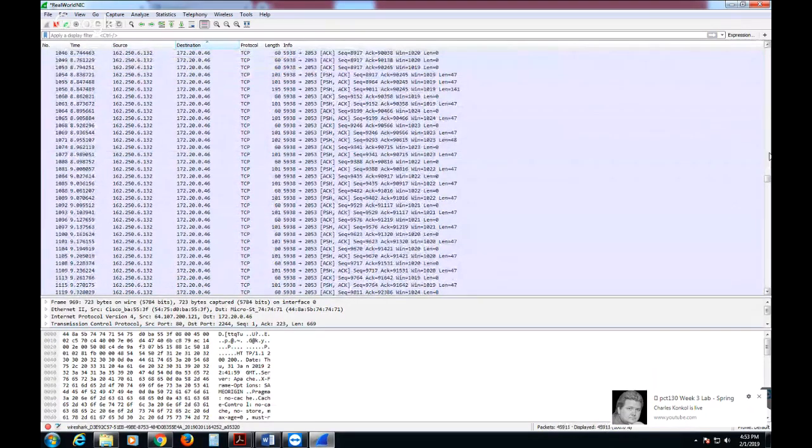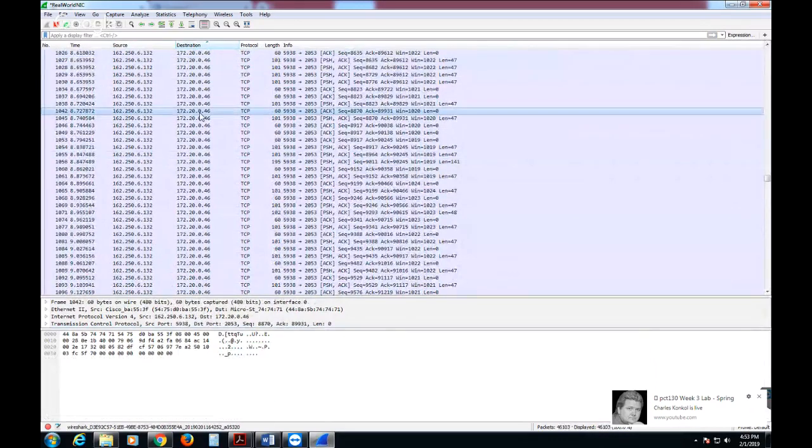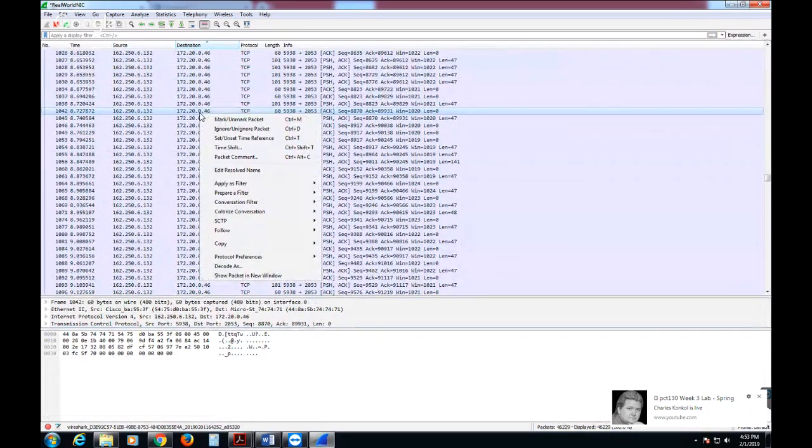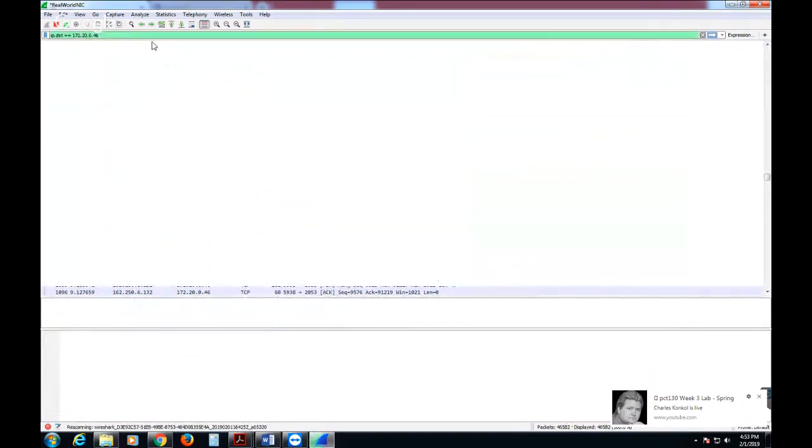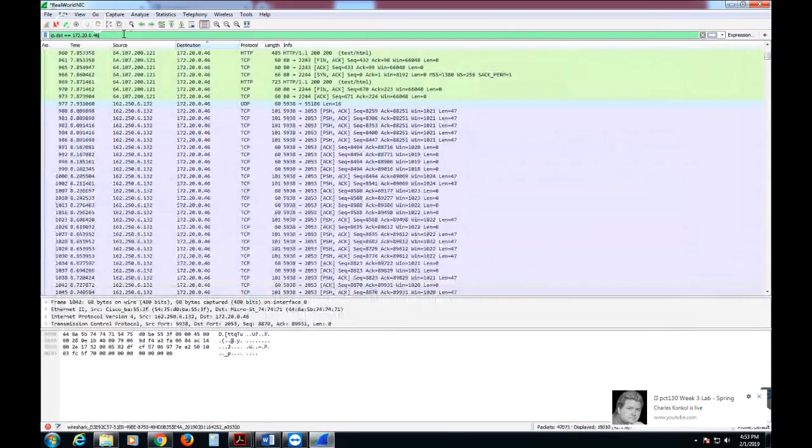Doesn't matter which one it is right now. We're going to right click on that destination column IP address, apply as filter selected. And now up on the address, we're going to finish up, we're going to reverse it. And the example on the last page, it says HTTP and